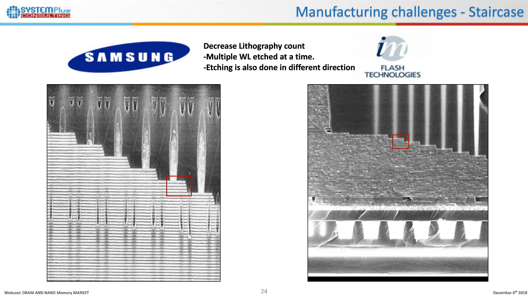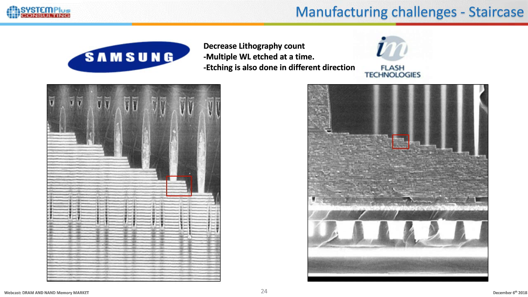And here for IM Flash Technology, that is Micron and Intel, they only have two stairs that are connected. So the multiple word lines will have to be etched at a time, and the etching will also have to be done in different directions. So the pattern chosen has an impact on the lithography and the costs of the